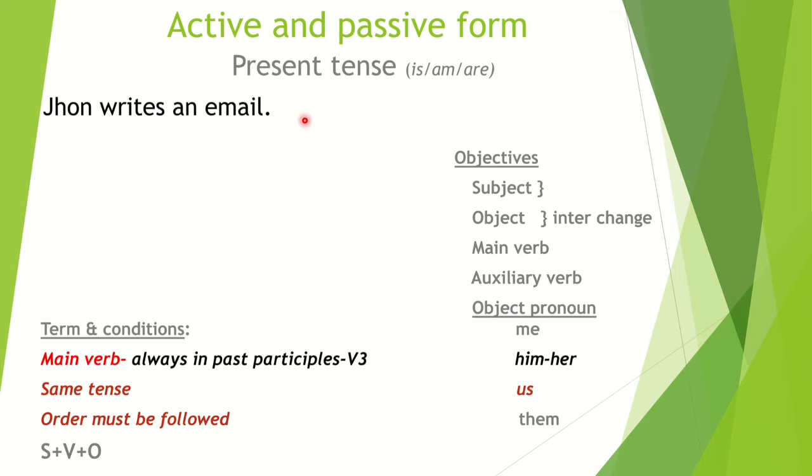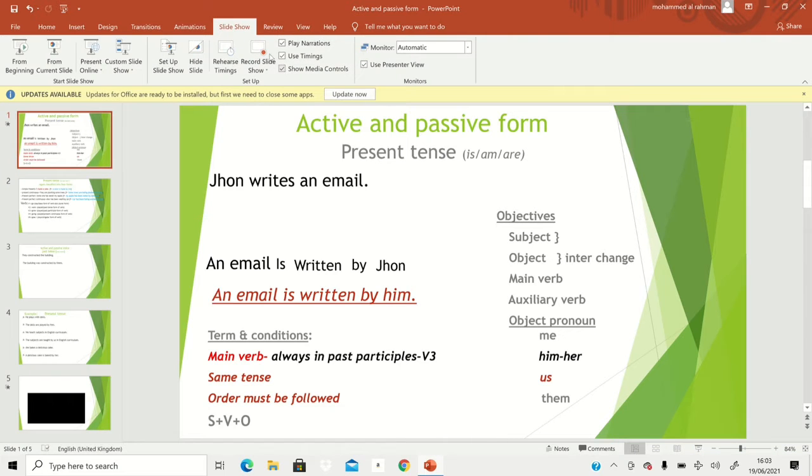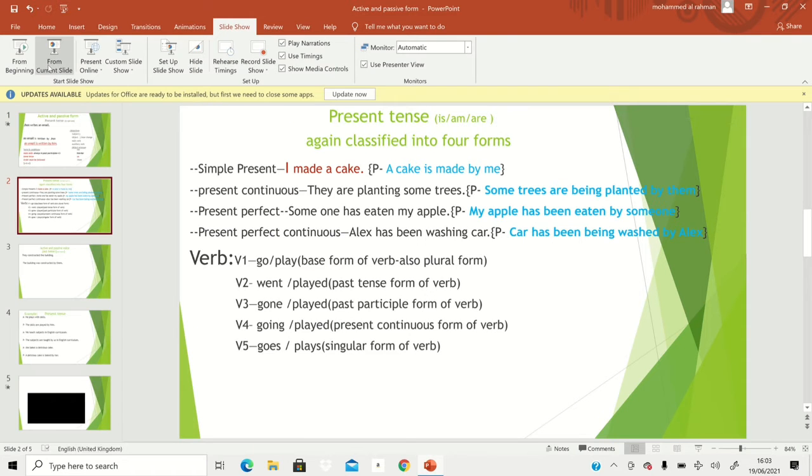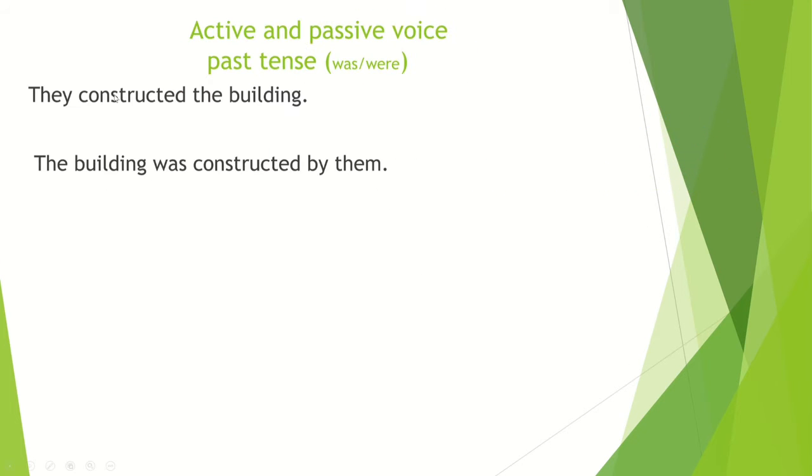So today's topic is present tense. In present tense, how to form passive voice. That's our topic. So, present tense is again classified into four main types, that is